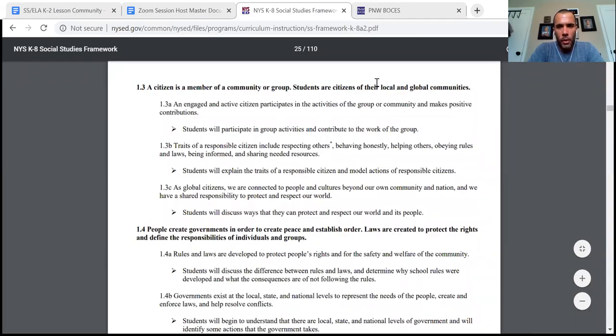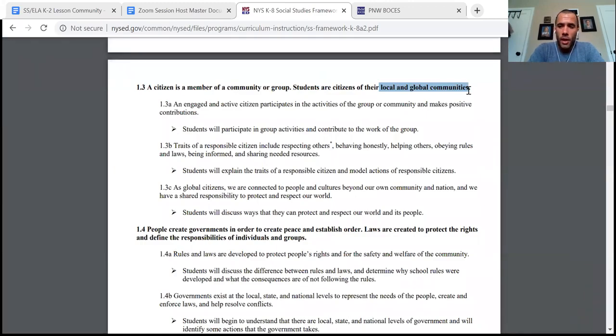And we'll talk a little bit about this idea right here, because communities can range from family, that immediate group. They can be the table that a student sits with in your classroom. They can be the entire class. They can be school. They can be town. They can be county. They can be across the state, or they can be global. And so you're going to have lots of opportunities to tease that out as you go through